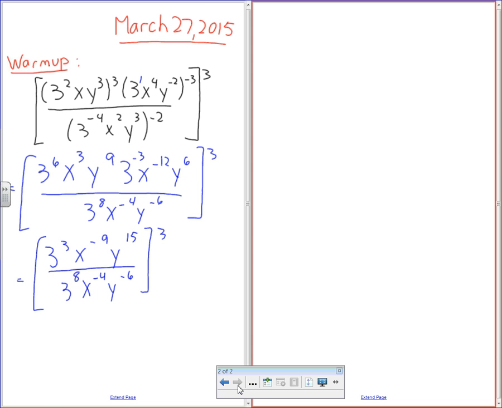Now, this dividing, the rule for dividing is subtraction, but some people get mixed up with negatives all over the place. Can someone be brave and simplify those for me, please? Oh, when you're on fire, go ahead. 3 to the negative 5. Yeah. X to the negative 5. Yeah. Y to the 2 times